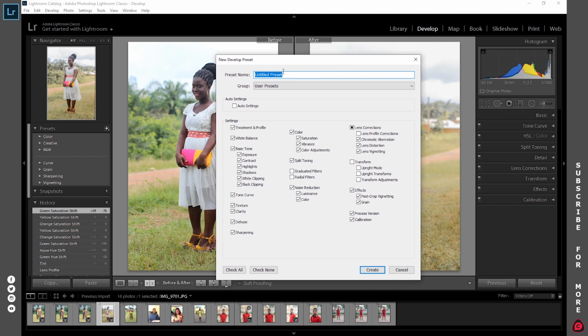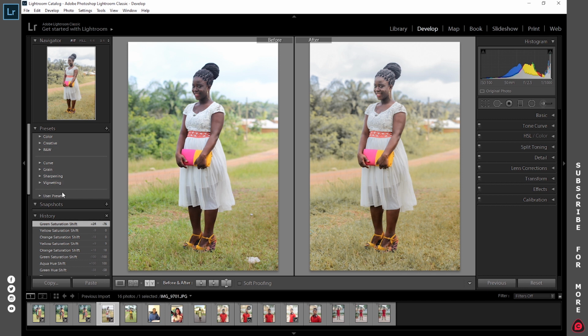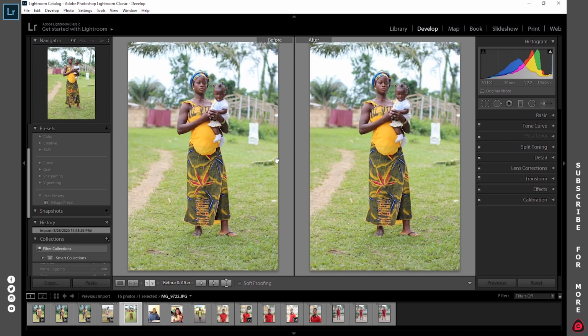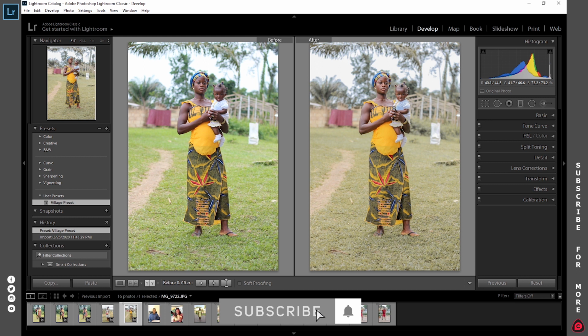So currently there's no name, so I can just call it village preset, making sure that all of these are checked. So these are the corrections I made whilst editing these images, and I'll just click on create. So now you can see that my user preset, if I go into that, I have my village preset in there. So if I move over to this image and I want to apply that same preset, I just go over to presets and just click on village preset, and you can see that it is immediately applied to that